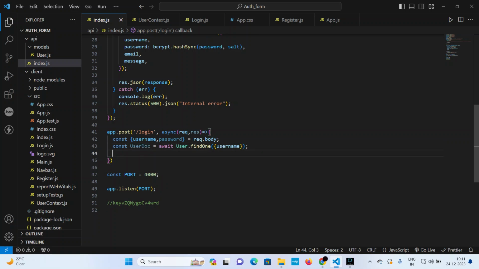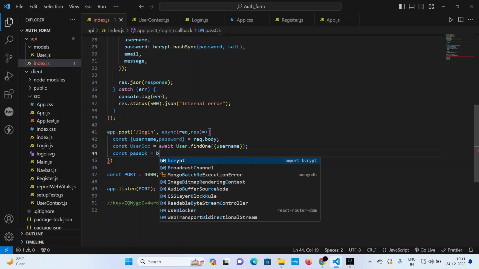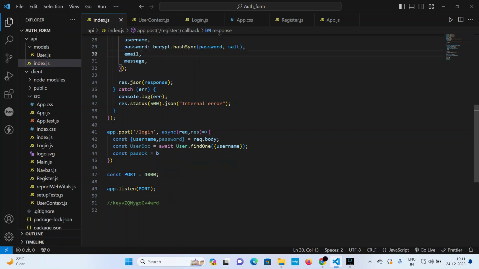Now let's create a constant, let's name it passOk, that will be equal to bcrypt, because I have set the password in a hashed form. Now I cannot directly compare a hashed password with a non-hashed one. So I have to use the function bcrypt dot